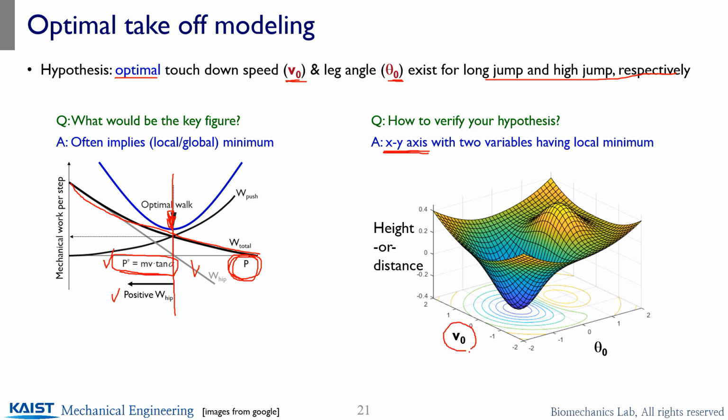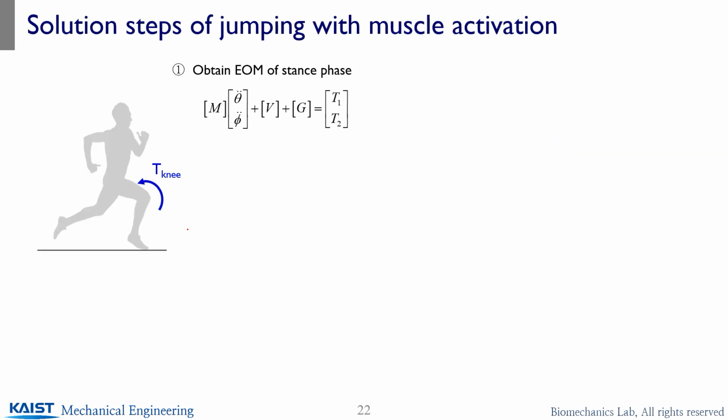Like you have two variables, V naught and theta naught, and we examine what the resultant performance is, and whether there is any local minimum or maximum value that will guarantee that performance. Here, maybe this combination of V and theta will give you the maximum height. So it's the optimal value for the performer, the runner, right? Sometimes it will give you a monotonic trend, decreasing or increasing, meaning that the faster the better. Okay. So we'll examine if we could get those results, a conclusion at the end, using a very simple mechanical